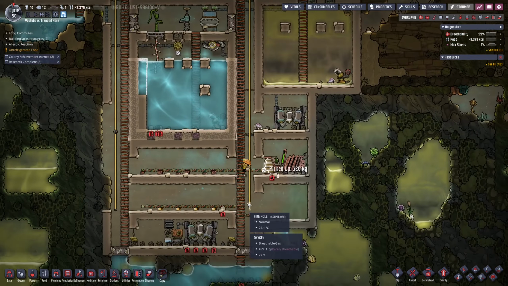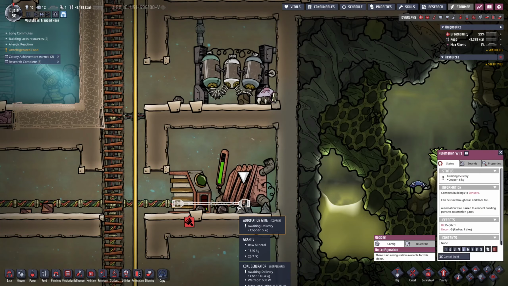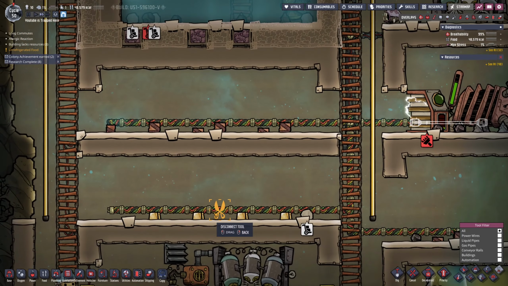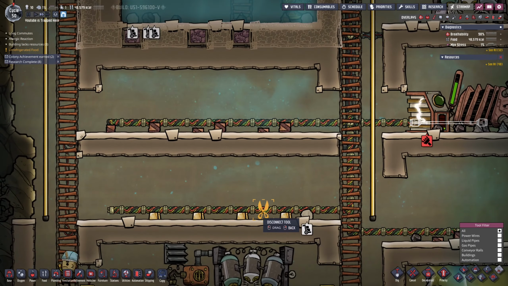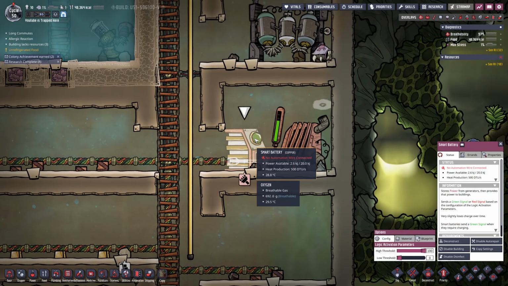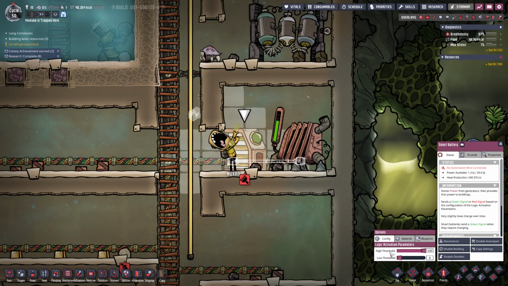All right, so we have this set up now. So let's get some automation going. Automation wire, boom. We want that to there. They're gonna build that, and also I think disconnecting allows me to sever things rapidly. Is that? No, that's not how that works. Okay, that's fine. So what I'm gonna say here is on a high threshold. So if I understand correctly,